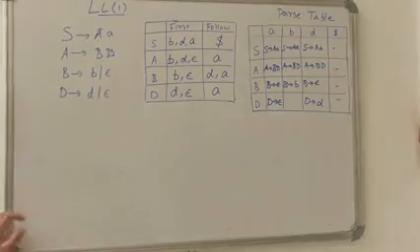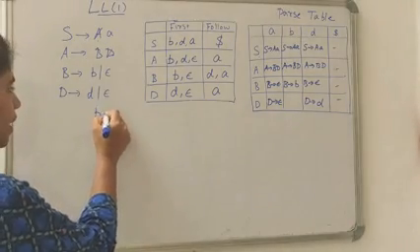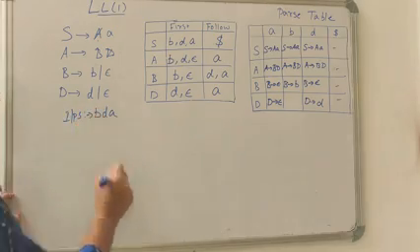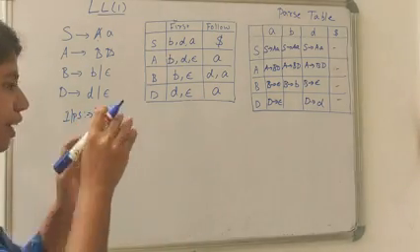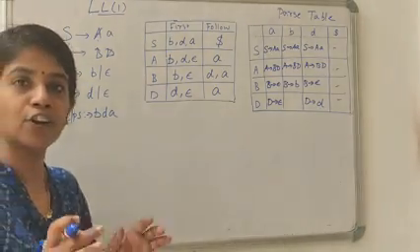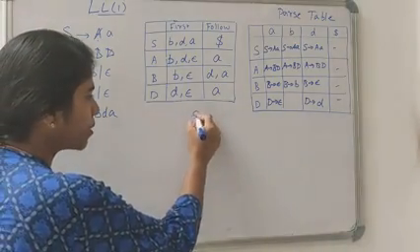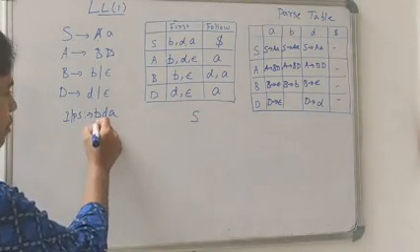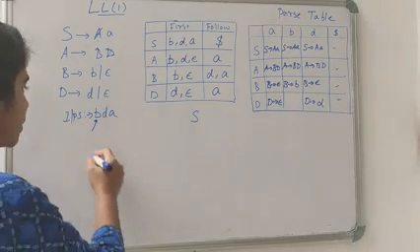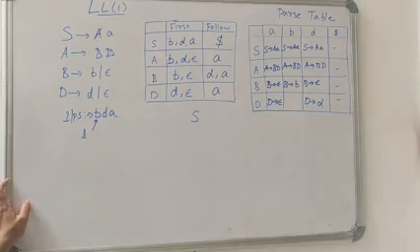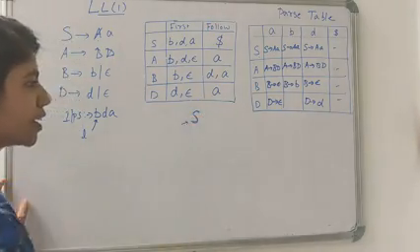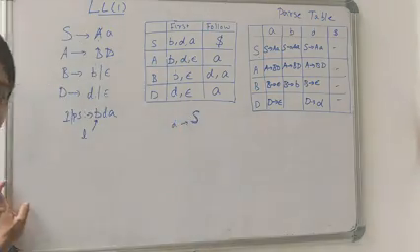Now you need to consider a string. For example, b d a. Suppose this is our input string. To derive using the parsing table, you need to start from the beginning because LL1 parsing is a top-down parser. We will always scan the input string from left to right. Initially the pointer points to b. And we will always start from the start symbol. This is our S and the descent pointer points to S.